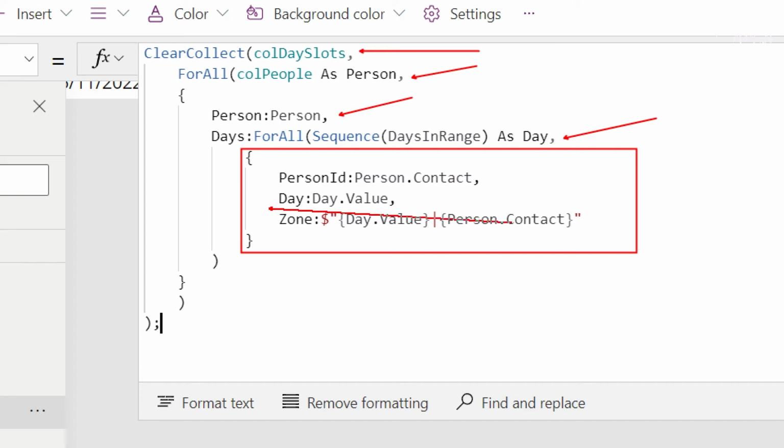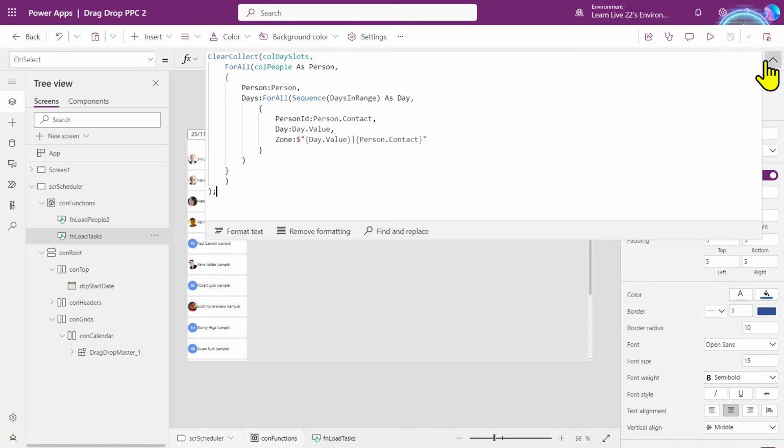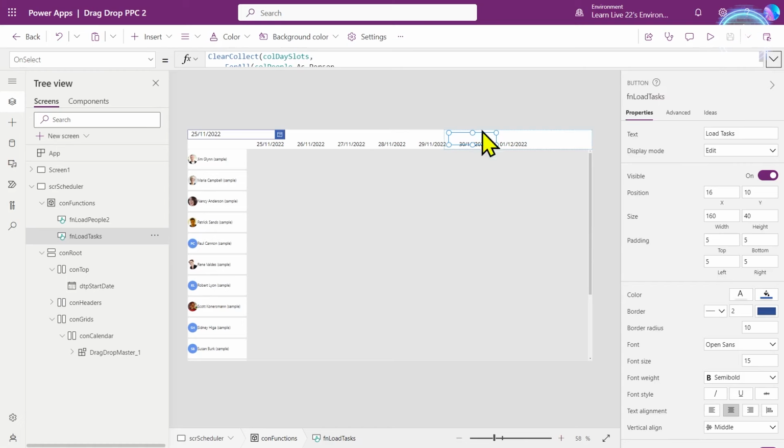And this zone ID is an amalgamation, as we said before, of the day and the person. So that makes a unique zone ID, so that when we're dragging our items between these different day slots, you've got this unique ID that allows us to identify where it's being dragged. So now when we run that, let's make this run on change